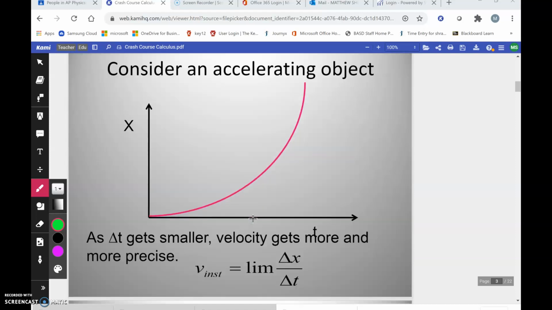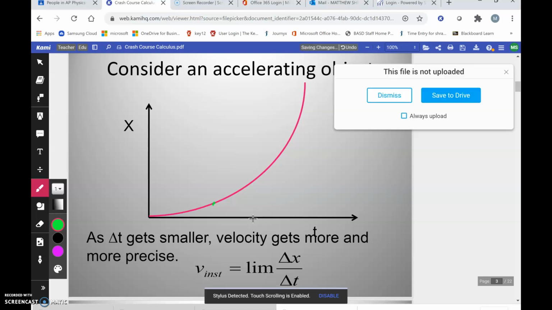So let's consider an accelerating object. To find the velocity on a position versus time graph, we look for the slope of the line. Here we know this is an accelerating object because the slope of the line is getting steeper and steeper, which means the velocity is getting steeper and steeper. So how would we typically find the velocity here? Well, we would pick a point here, and a point here,